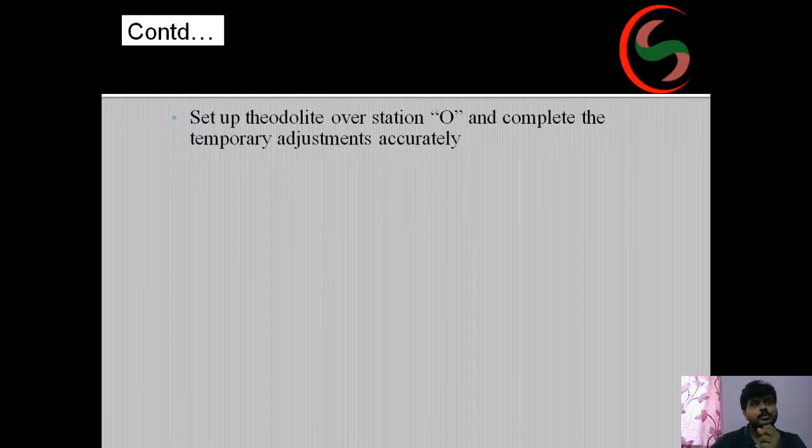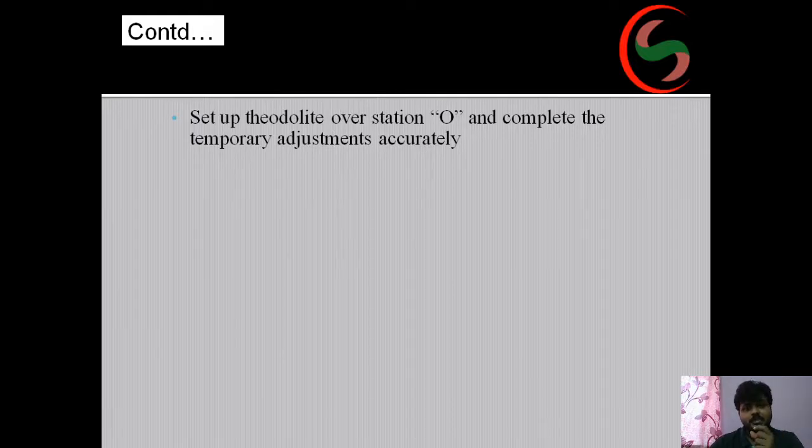After that, by using one of the legs, you will be rotating radially or circumferentially such that the bubble is in the center. And now the plate bubble will be kept parallel to two foot screws, and you will be turning them inward or outward to make it center, and you will check perpendicularity with the other foot screw which is not used. Then you repeat this such that the bubble stays in the center even though you rotate n number of times. After ensuring that, you are supposed to eliminate the parallax error.